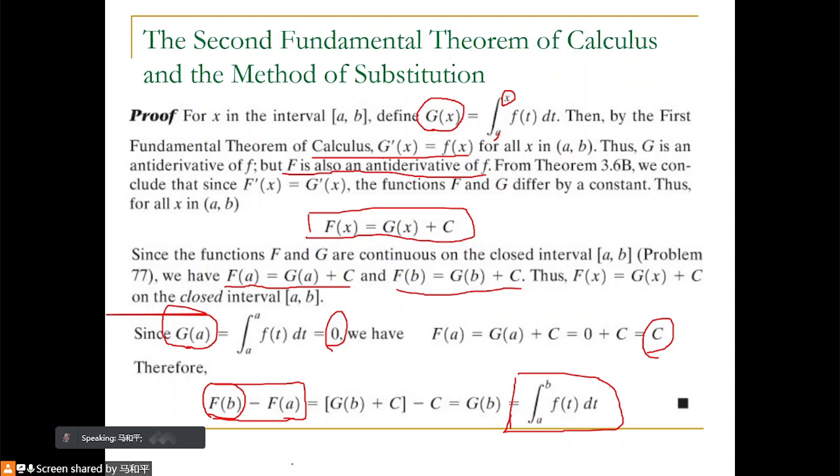Right, we have this. Do you understand? Oh, 明白了。蕾蕾说她明白了。